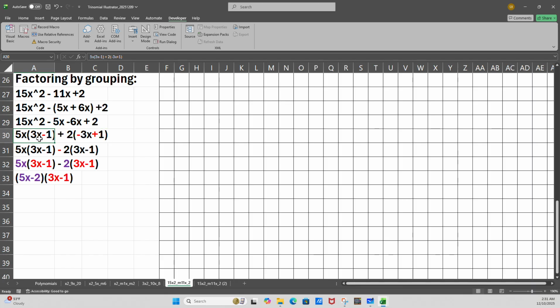And when we do that, as we've done here on this line, you can see that these terms are the same, and we have 5x minus 2 that we can take out, the opposite of distributing, and multiply it times the 3x minus 1. So using grouping, that's what we end up with. But looking at the shapes,